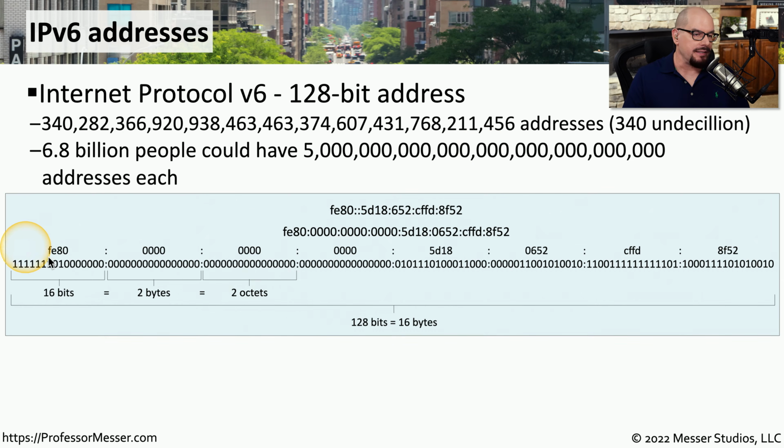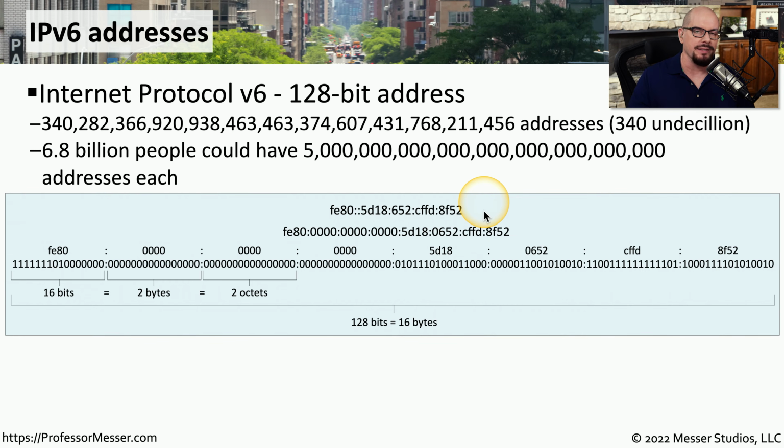You can see that IPv6 addresses are separated into 8 different groups, and each one of those groups consists of 16 bits. This is also 2 bytes or 2 octets. Instead of displaying these addresses as binary or decimal, you can see that in IPv6, we choose to address these in hexadecimal format. So a common IPv6 address might be FE80:5D18:652:CFFD:8F52. As you can tell, it's a much larger address, and in some ways, it's a much more difficult address